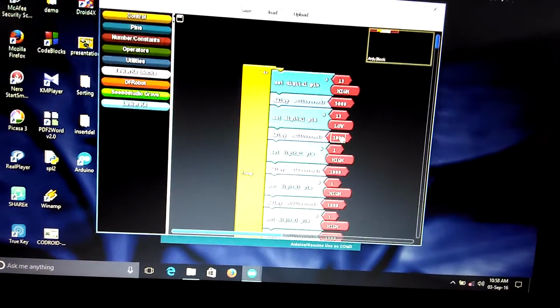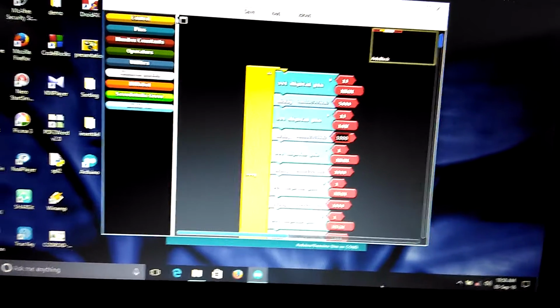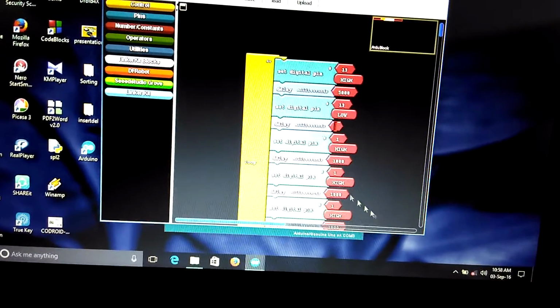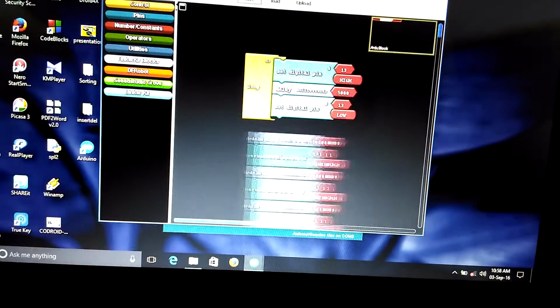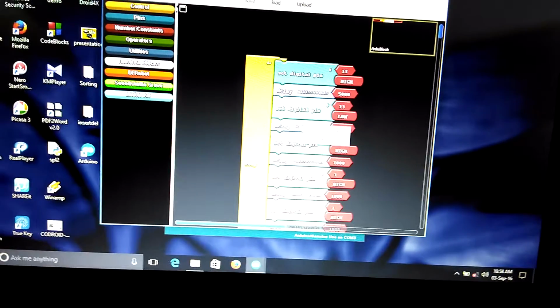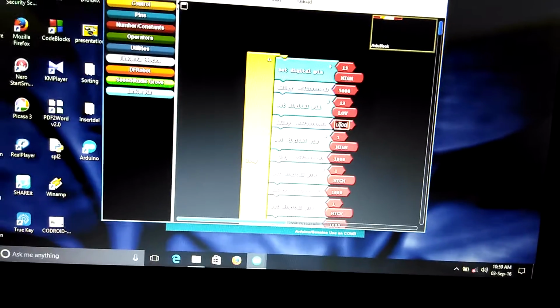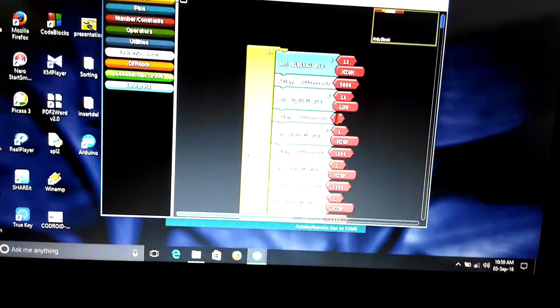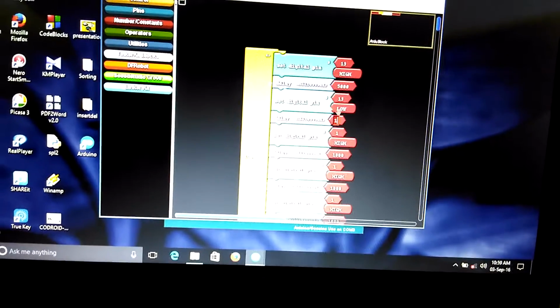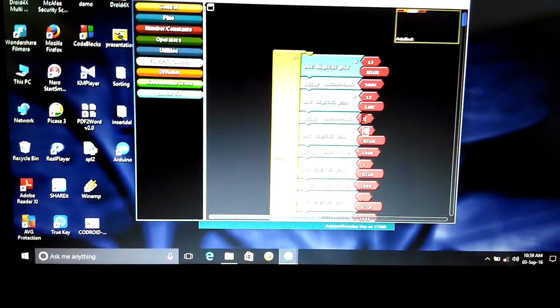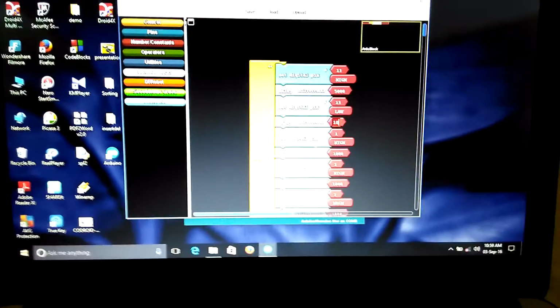Then you need not have delay at this place, or we can have just a very small fraction for delay. It will immediately get on.